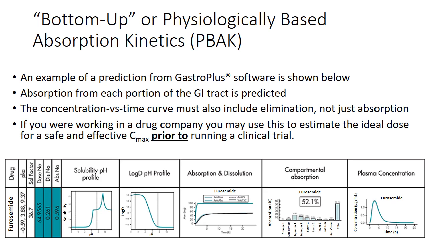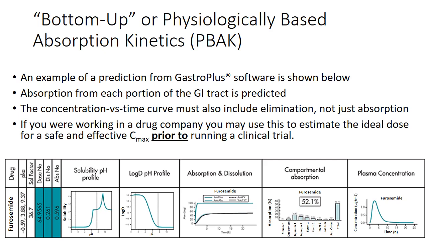You could say, well, what if someone didn't have a jejunum segment 1, the first part of the jejunum, if that were resected or removed? The absorption should disappear there, and that's what the program would reflect. So you could modify the geometry and other characteristics of each part of the GI tract, and that will give you a difference in absorption in that region, and then the overall absorption might change for a real drug. So you can make these predictions, and they do that in drug companies,